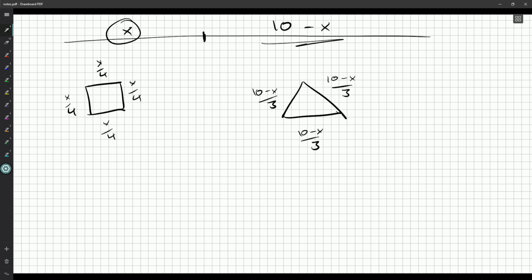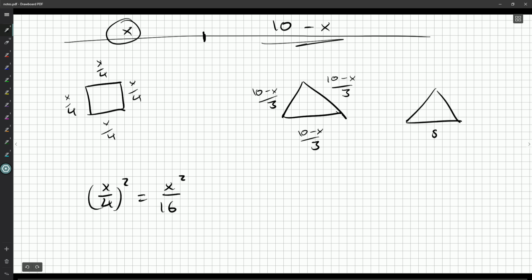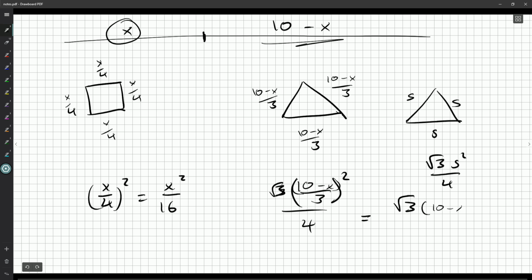So, what can we do? Well, they want to talk about the areas of the figures. So the area of the square is going to be x over 4 squared, x squared over 16. Area of an equilateral triangle, in terms of its side length, is not something that is the most common. But it's root 3 s squared over 4, where s is the side length. So we'll have 10 minus x over 3 squared times root 3 over 4. And that will be root 3, 10 minus x squared. The 3 comes out squared. This is 9 times 4,